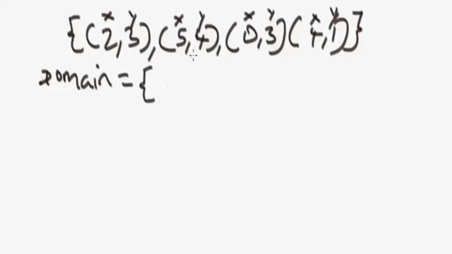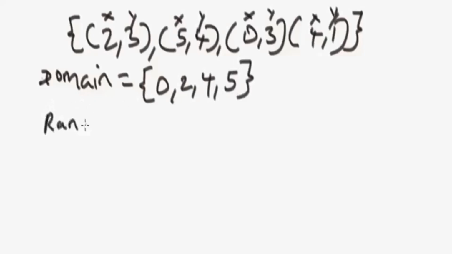It will be the x values, you arrange them in ascending order. So the least value of x is 0. After 0 you have 2. After 2 you have 4 and 5. So this will be the domain of these ordered pairs, whereas the range will be